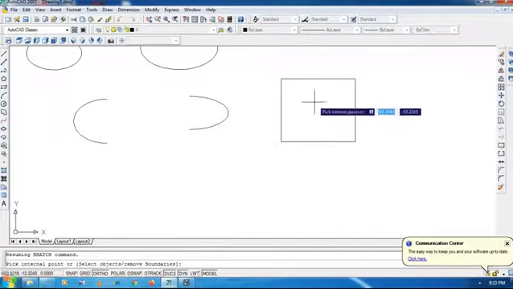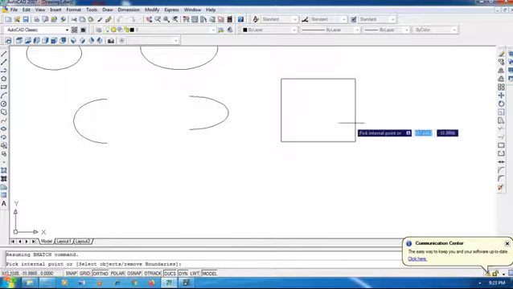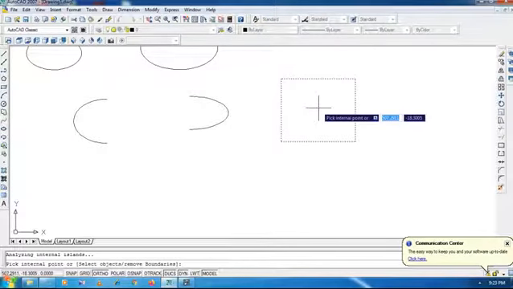First of all, I'm going to select the inside of this rectangle object. You can select the boundary also, or if the boundary is closed, you just need to pick the inside point. If the boundary is not closed, if the object is open, then we need to select every entity.